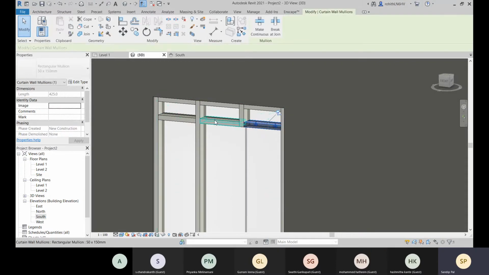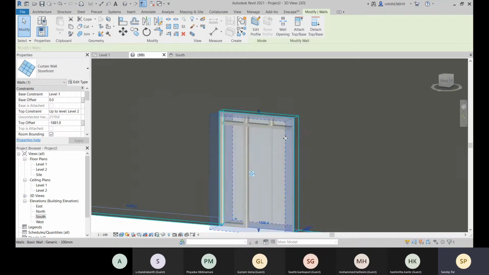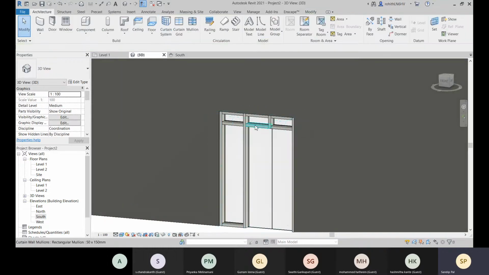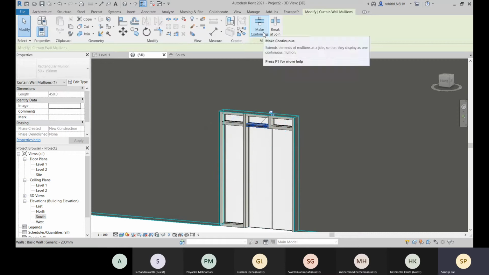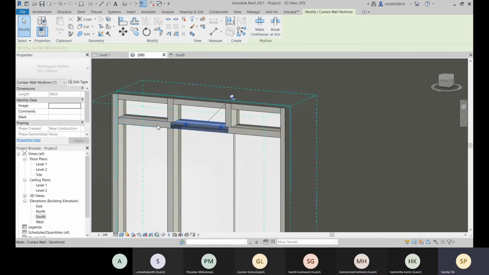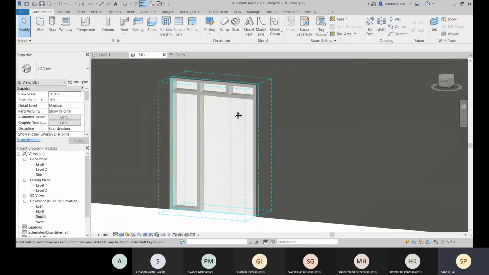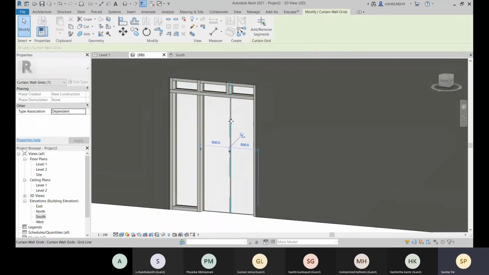So for that, you select any of this horizontal mullions, and then you have this option, make continuous, on the ribbon. Choose this make continuous, and then it is continuous. And you have to select this one, and you have to make continuous. Okay, all right. So this is how you will do it.